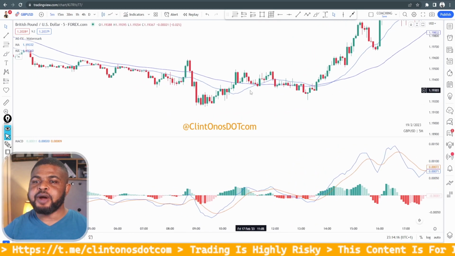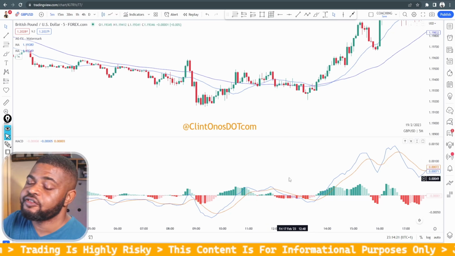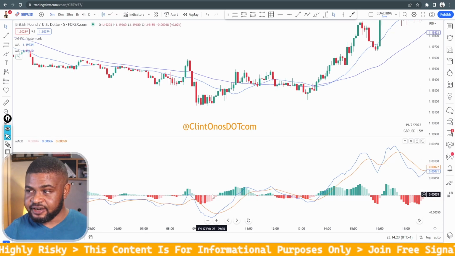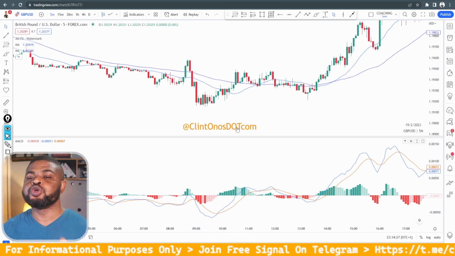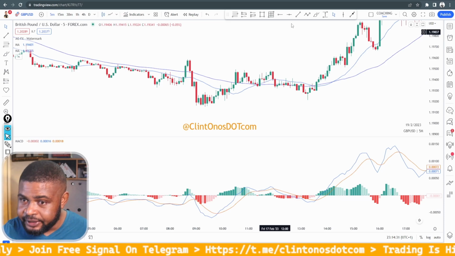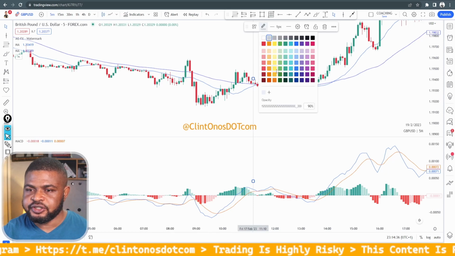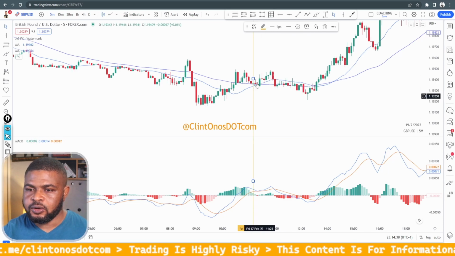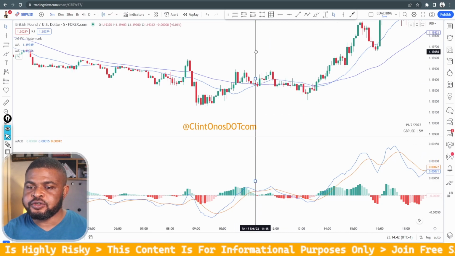So right, yeah, you can use the combination of the MACD, right? Because the MACD is moving average convergence divergence, right? Combination of moving averages, right? So you can use it like a confirmation, right? Let's say for instance, let me change this to a more bright color. No, let's do black. All right, so when this crossover happens here,